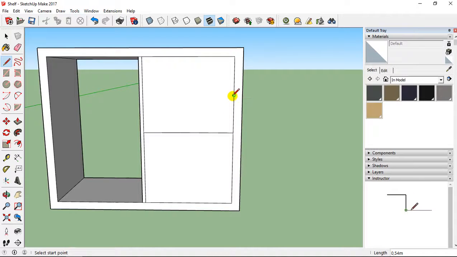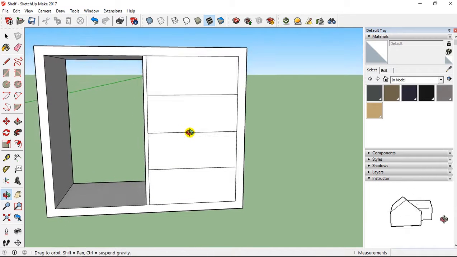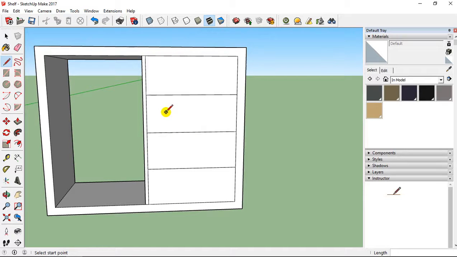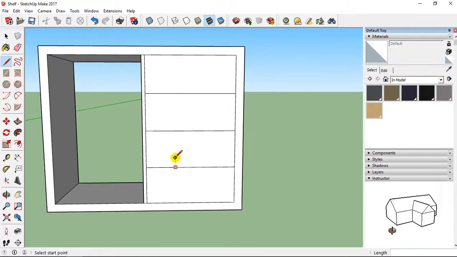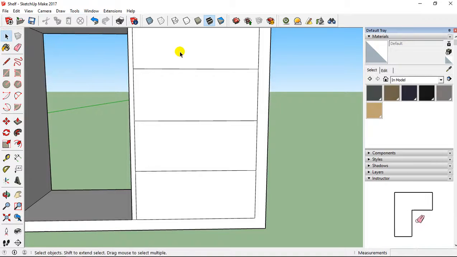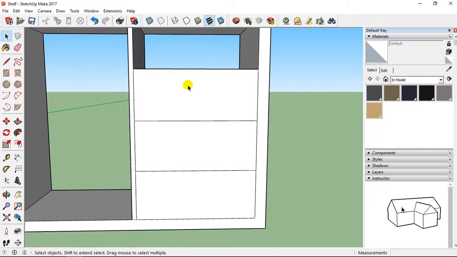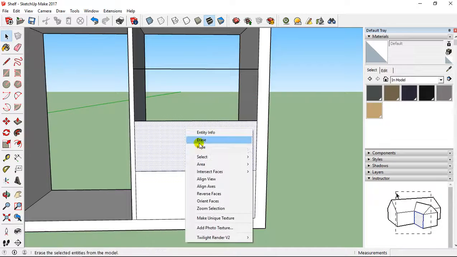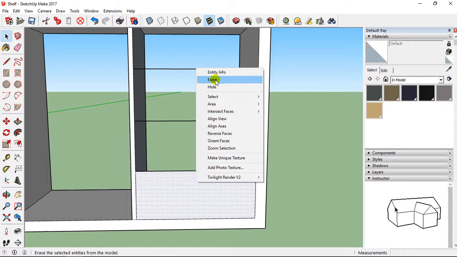Then I'm going to take this midpoint to this midpoint also, and then this midpoint to this midpoint, like that. Then I have just to go on eraser to go on select tool, erase this face, erase this face, erase this face, and erase this face.